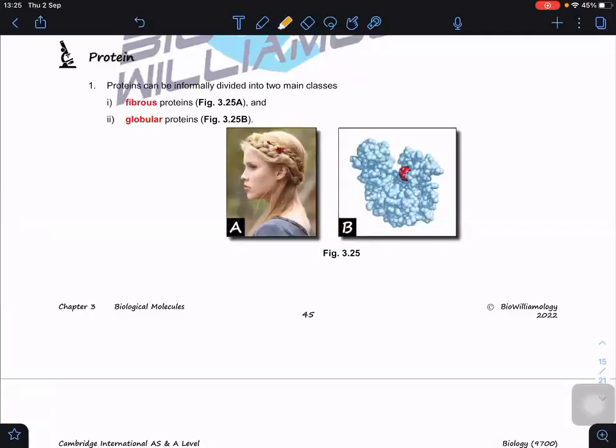So generally, we can classify the protein into these two main classes, okay, fibrous protein and globular proteins. But please do bear in mind that we can classify protein based on their role. For example, if they form the receptor, we call them receptor protein. If they form hormones, we call them hormonal proteins. Okay, if let's say they are involved in the biochemical reactions, the enzymes, so we call them